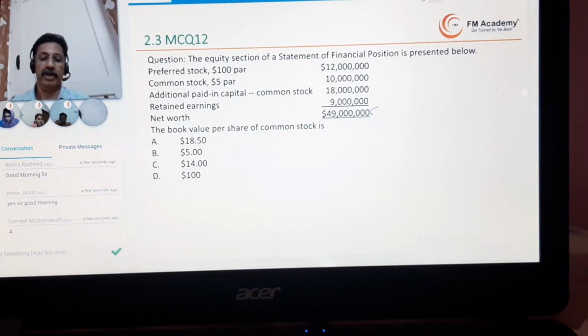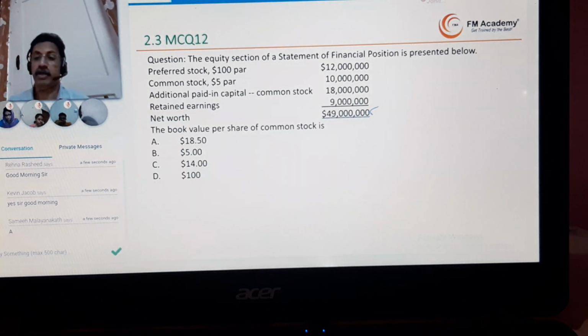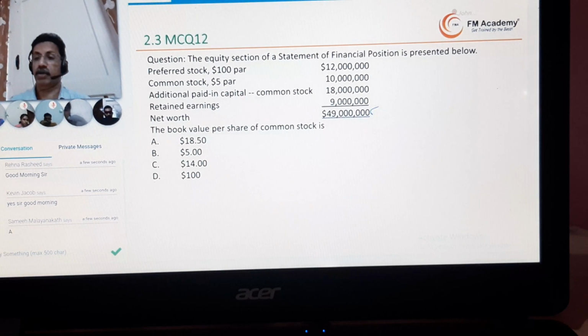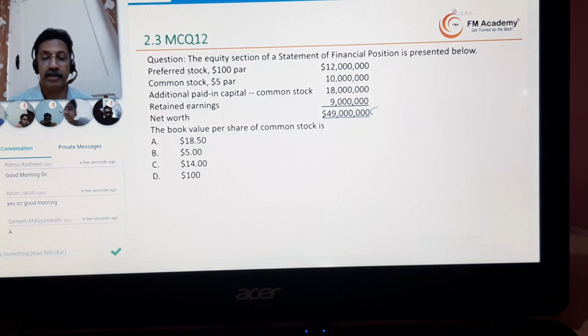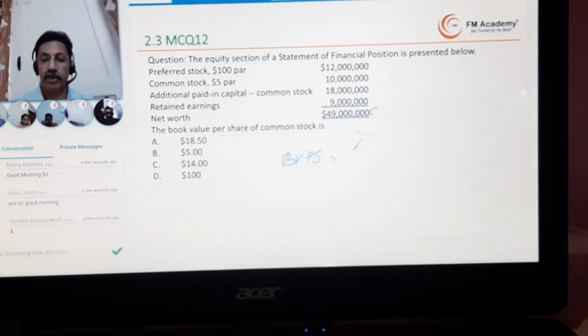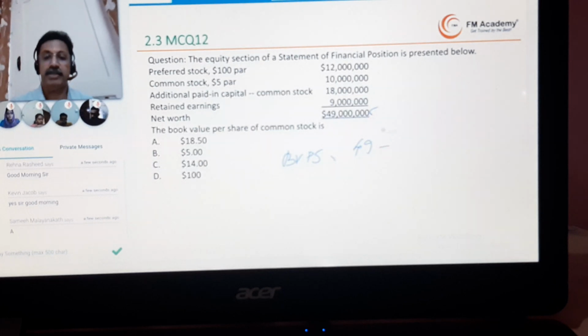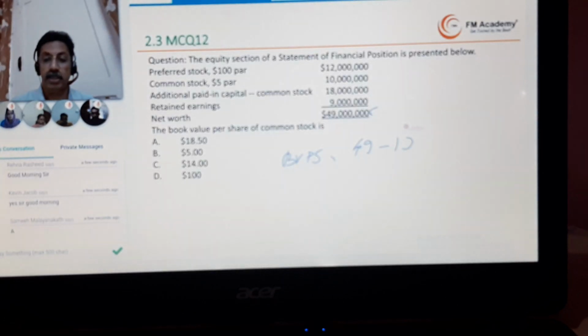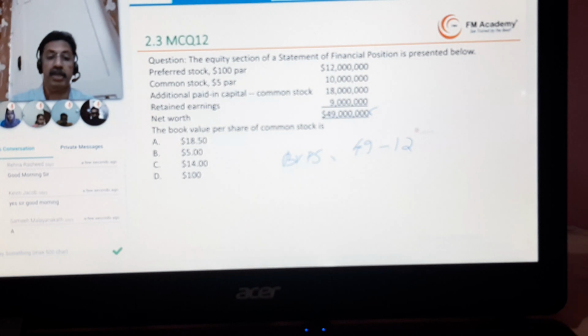Okay, all of you got the answer. Thank you so much. Really good. So let me give you this. The numerator is the book value. That is, book value per share is equal to 49 million minus 12 million. Do not take this 12 million if they are giving